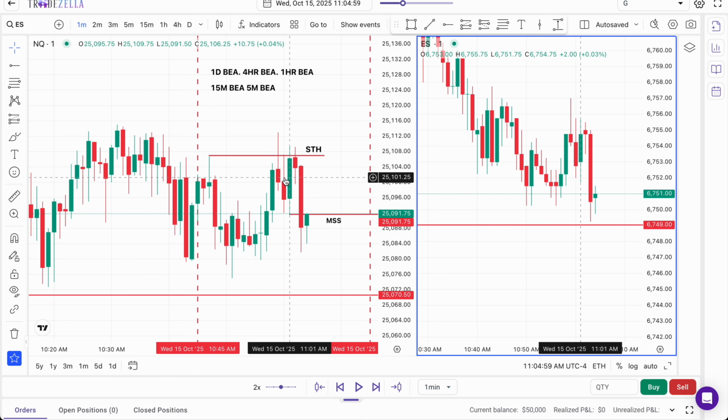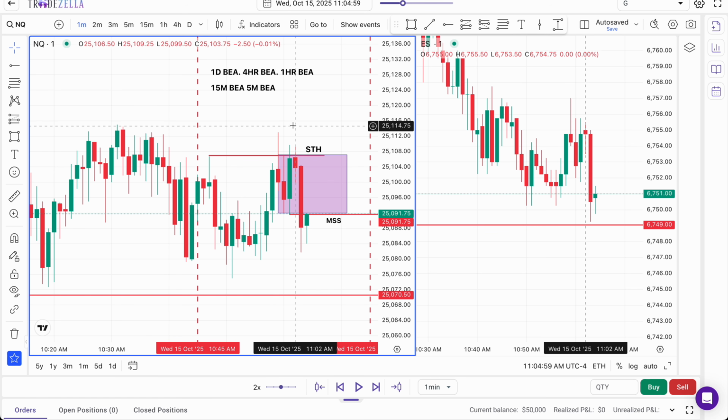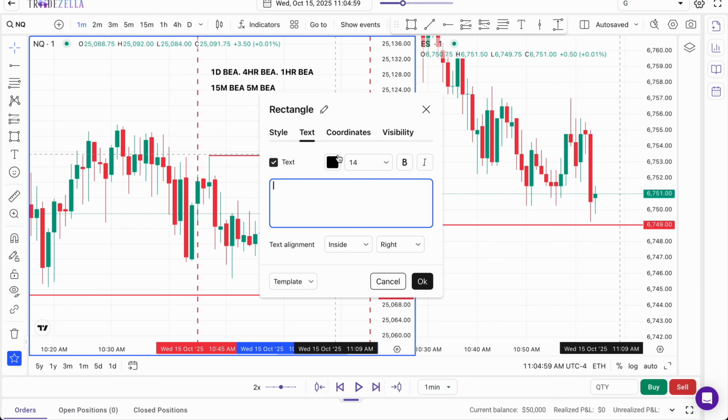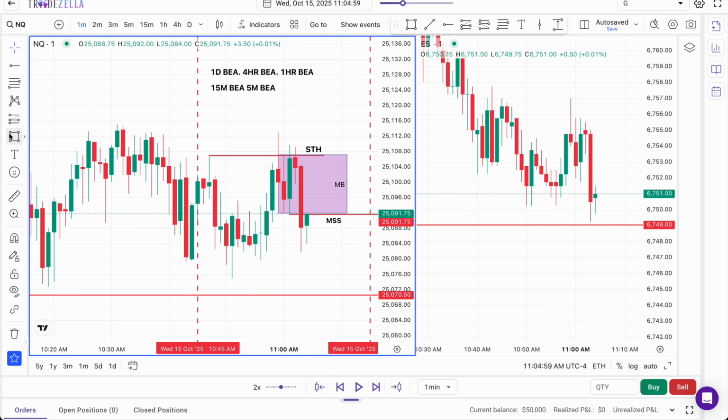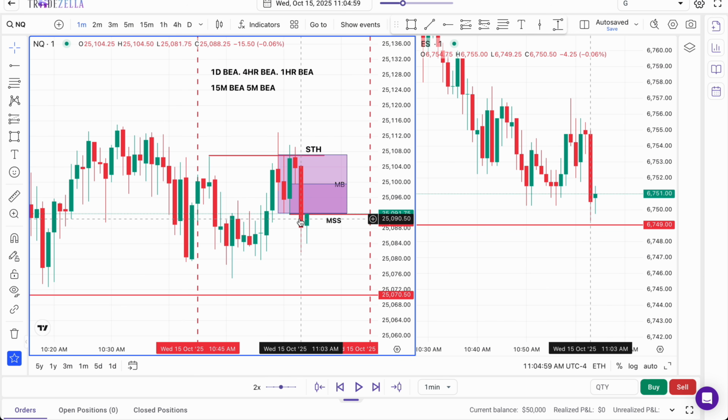The difference between a mitigation and a breaker block is that a breaker block will take out the high and then inverse the order block, and a mitigation will not. So hence why price moved higher, created a bullish order block, trades into it, but then inversed straight away, creating a mitigation. Now, if you have a mitigation on NQ but a breaker on ES, that's going to formulate a bearish SMT on NQ. Now, what you can see here, this mitigation block is exactly what we look for, as it is paired with this fair value gap. This fair value gap here is a breakaway gap.